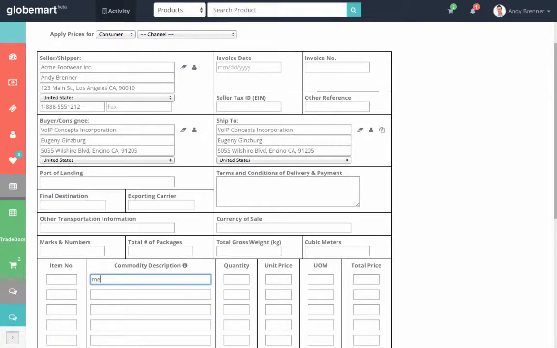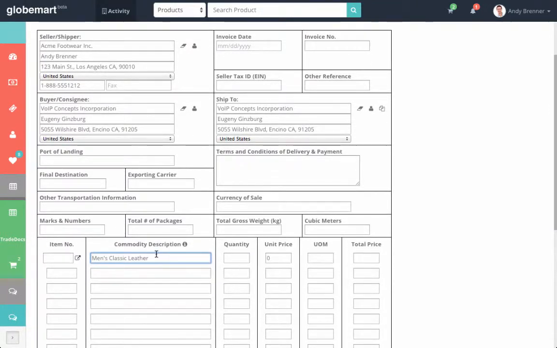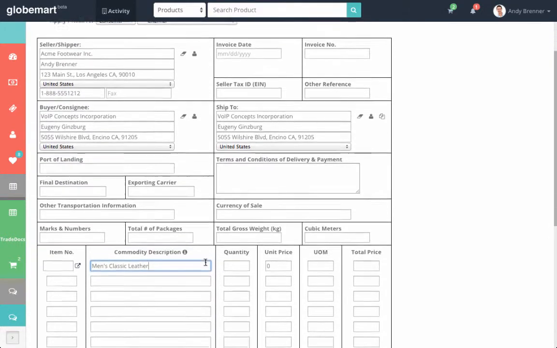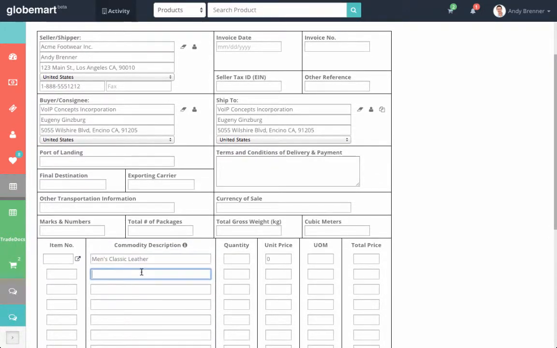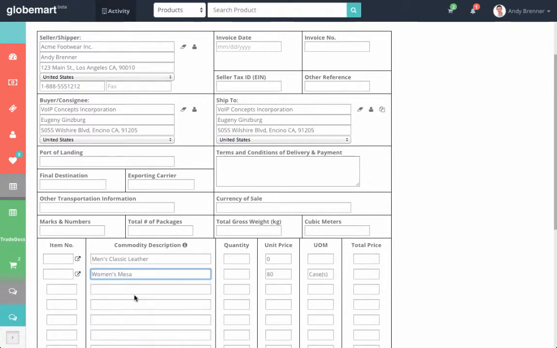In this case, I'll put men's shoes, men's classic leather shoes. And it'll automatically populate. I can click on this tab and it'll take me directly to that product in a new tab. It'll autofill any associated item numbers and unit price. I can list another, the woman's shoe,